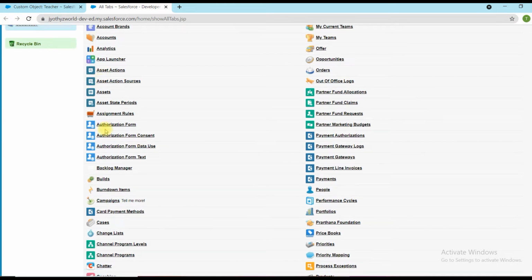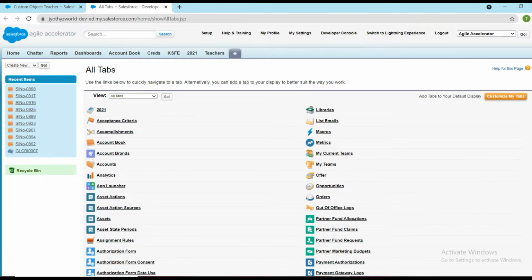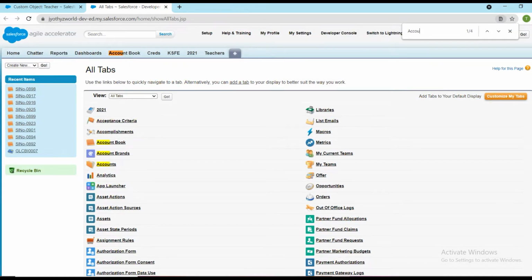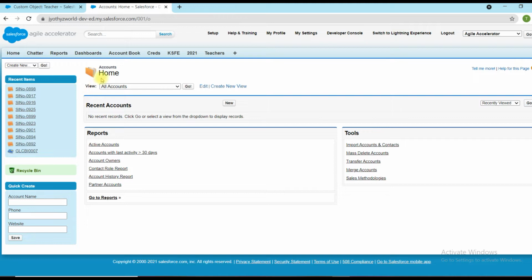Asset is a standard object. Accounts is a standard object. Account is a standard object. Contact is a standard object.